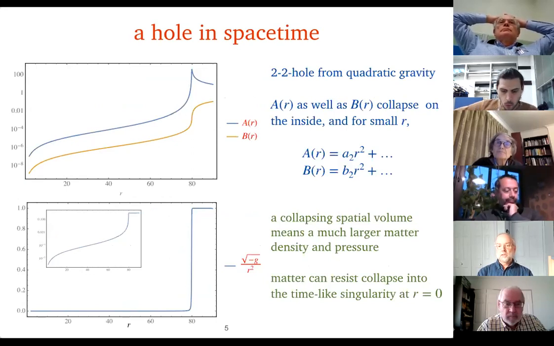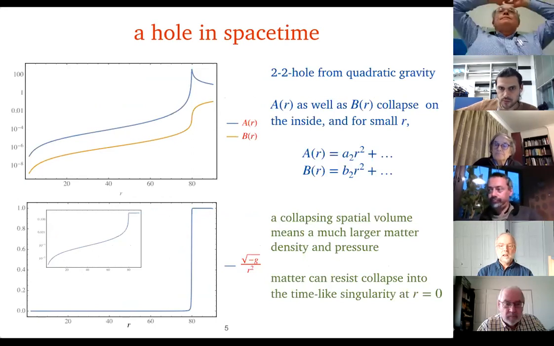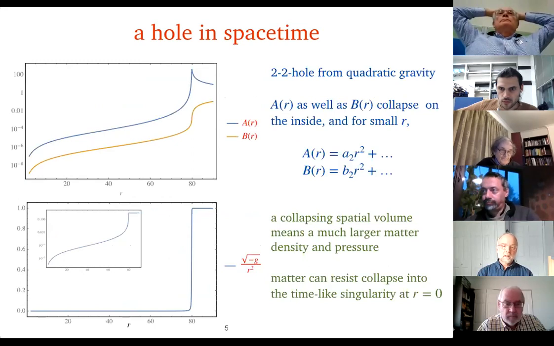So these are solutions that have to be obtained numerically, and I'm showing on the top plot a plot of these metric functions where A is in blue, and this object has a radius of 80 Planck units. So outside that radius, it goes over to the Schwarzschild metric, and inside, these metric functions get small very quickly. The vertical axis is a log scale. So yeah, these metric functions are collapsing on the inside. When you get close to the origin, they're going like r squared. And so at r equals 0, the whole metric vanishes